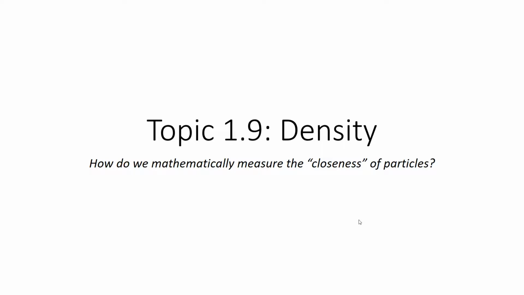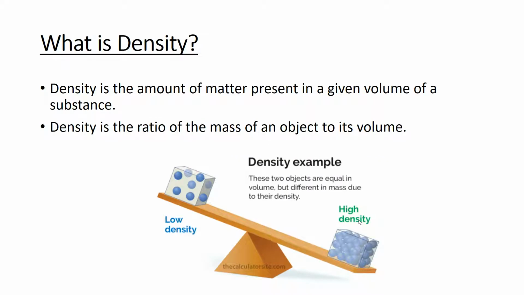Okay, these are the notes for topic 1.9, finding density of a piece of material. Density is a proportion or ratio. The two characteristics that we look at for an object are the amount of matter, or mass, and how much space it takes up, or volume. So the more mass you have packed into a smaller volume or space is going to give you a higher